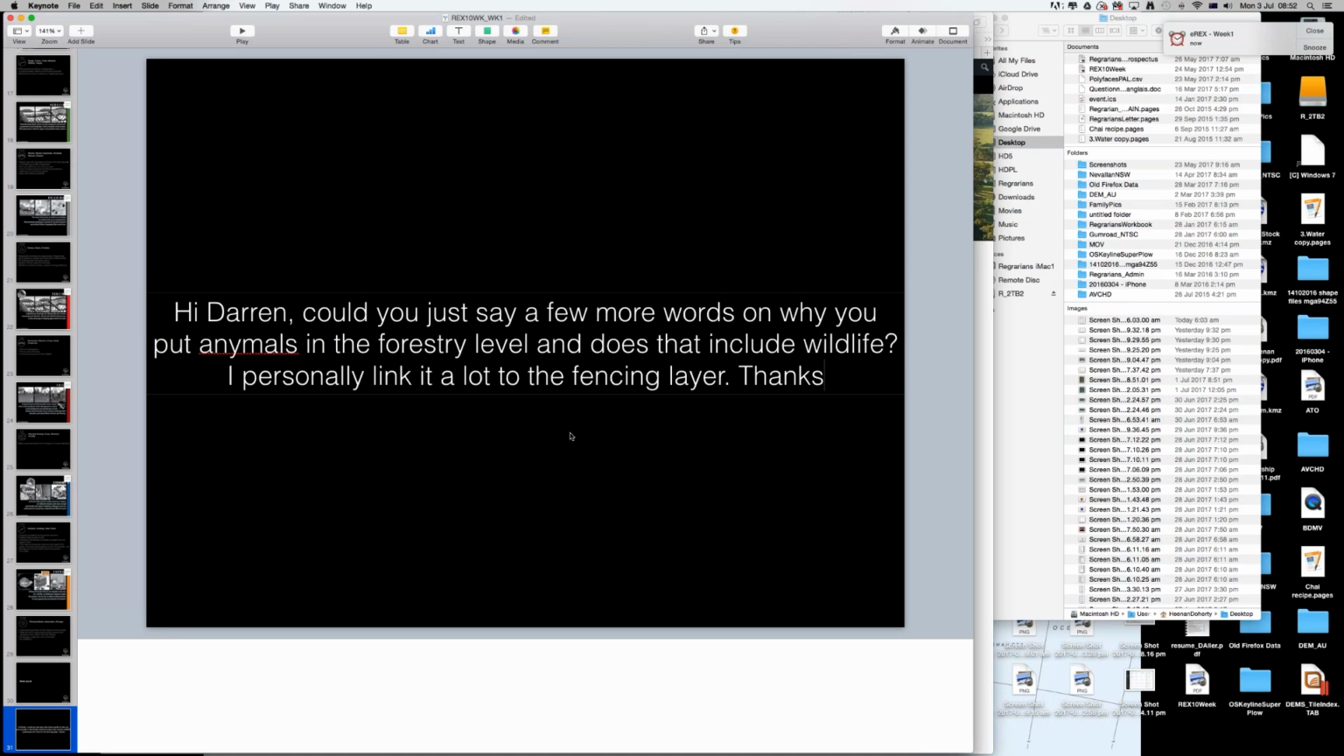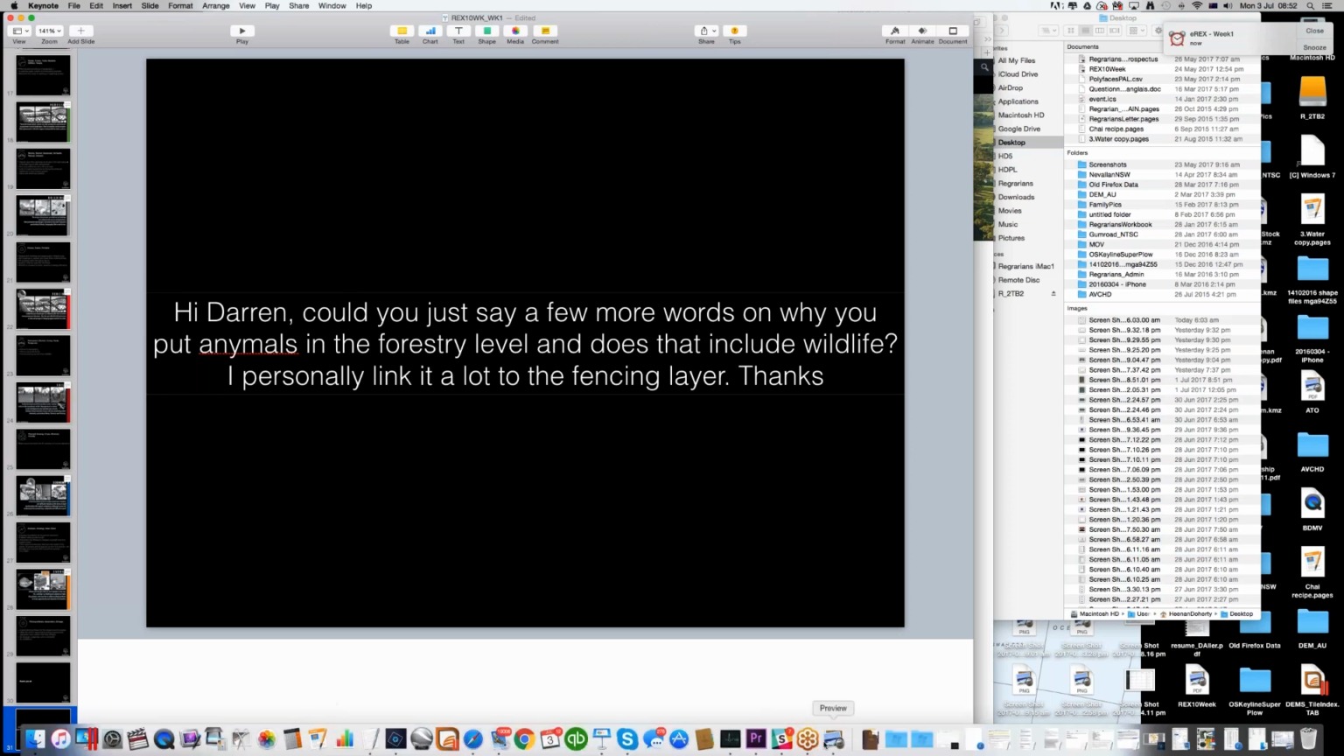Hi, could you just say a few more words on why you would put animals in the forestry layer, and does that include wildlife? I personally link it a lot to the fencing layer. Thanks. Yeah, definitely. And it's one of those because animals are ultimately part of a forest. And so it links back to the question that was posed before